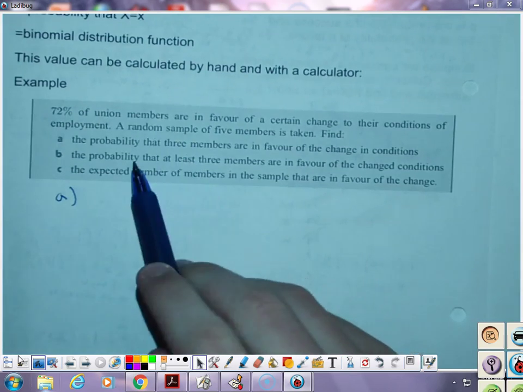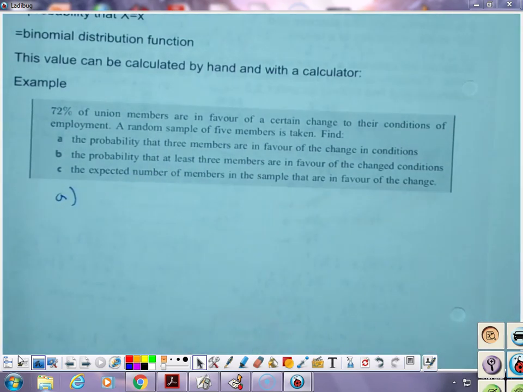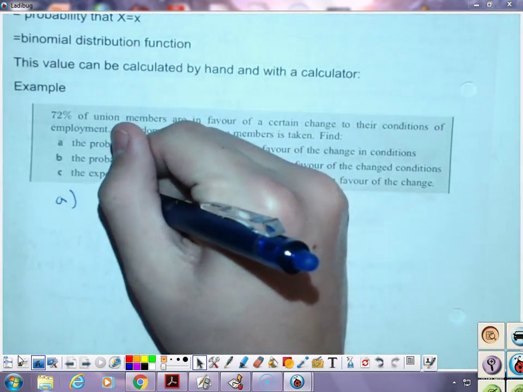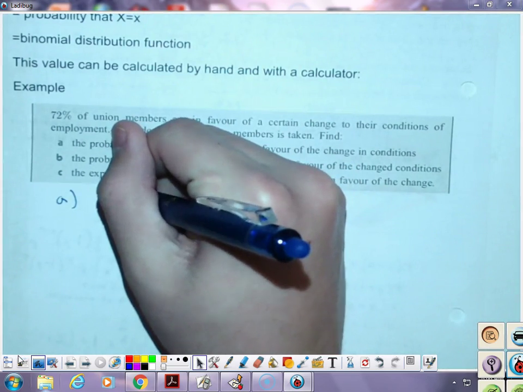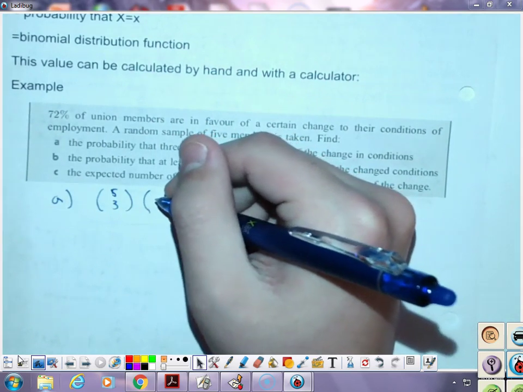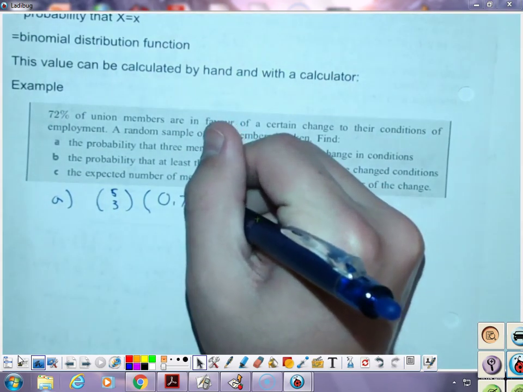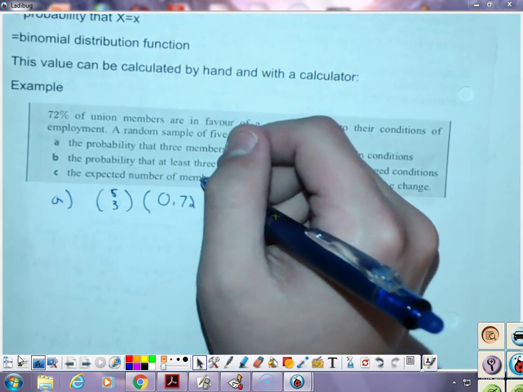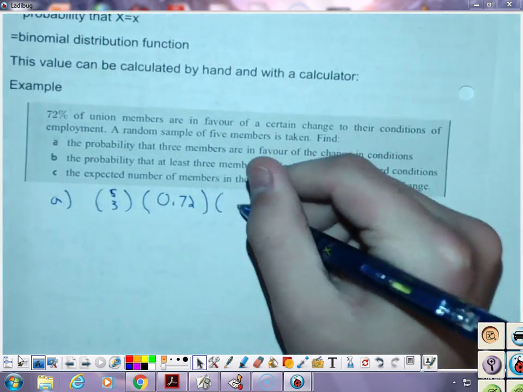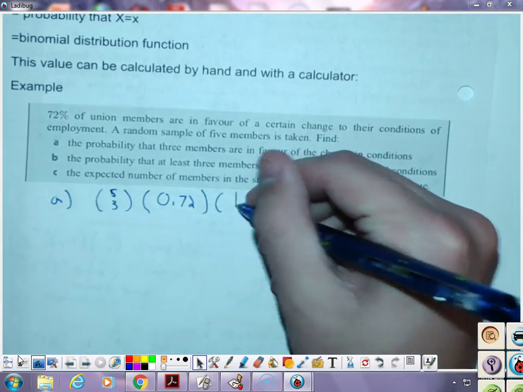So, all right. Let's see here. So you want the probability that 3 members, 5 members is taken. So 5, right? 5 choose 3, times 0.72. 5 is like the number of trials, and then 3 is the number of successes. Times, it's 1 minus p. You just put 1 minus something for your